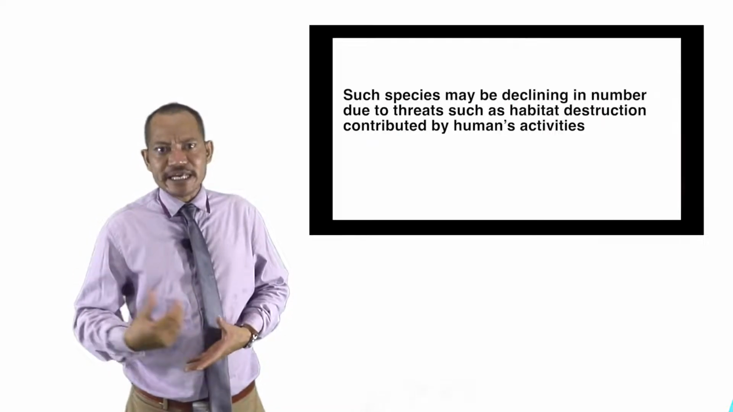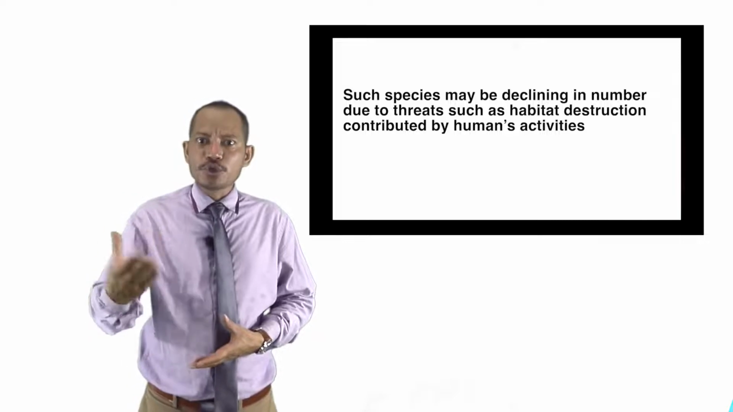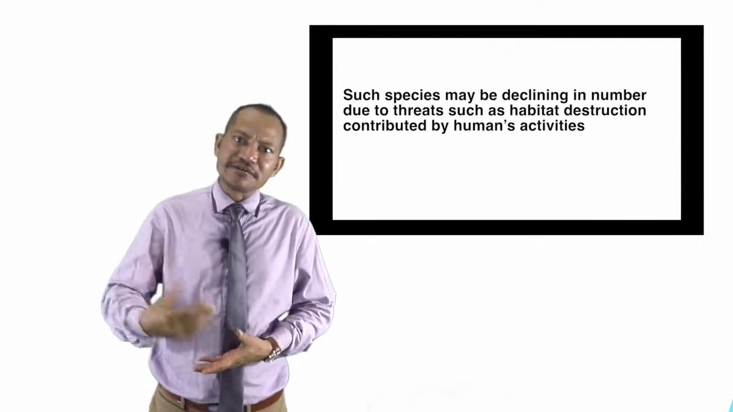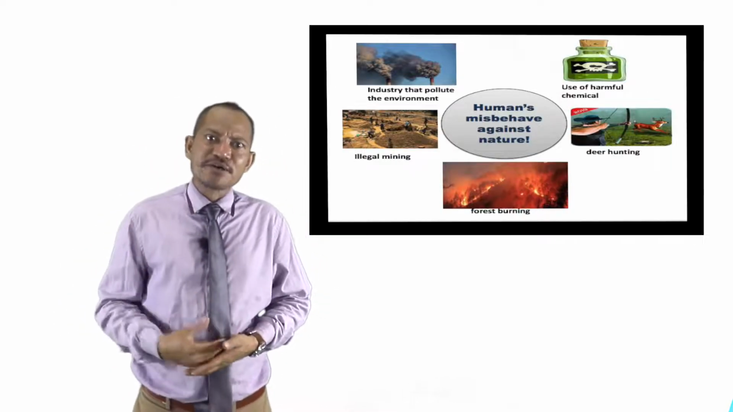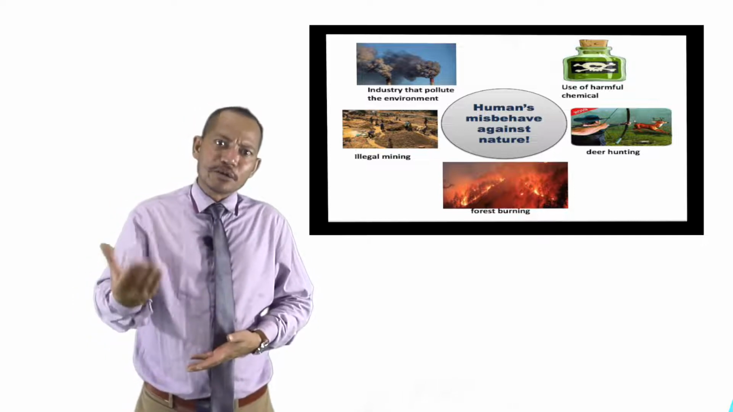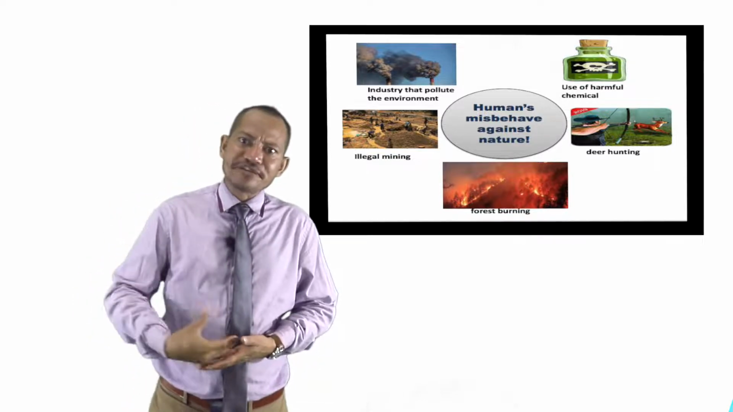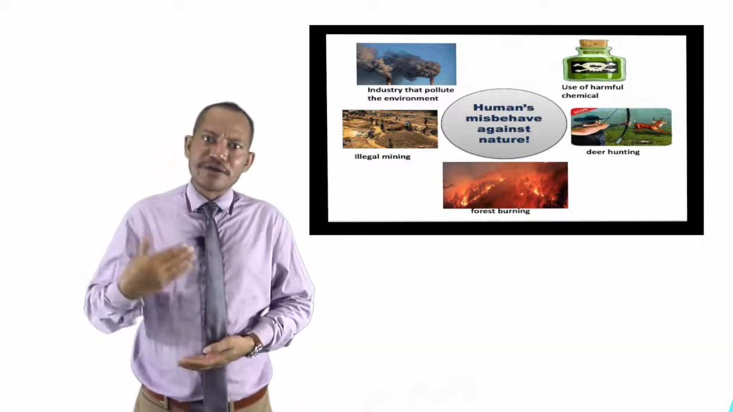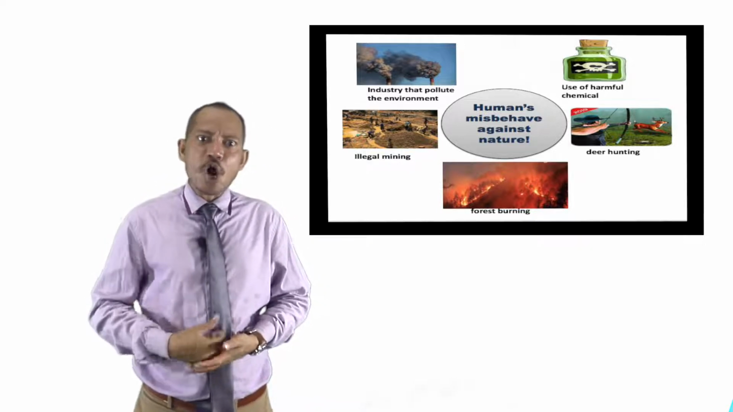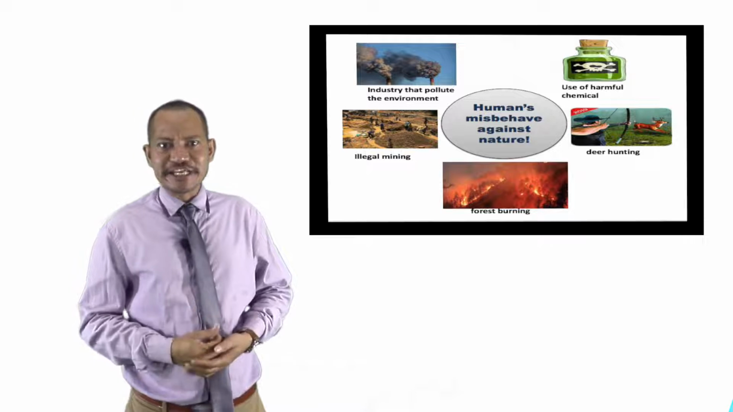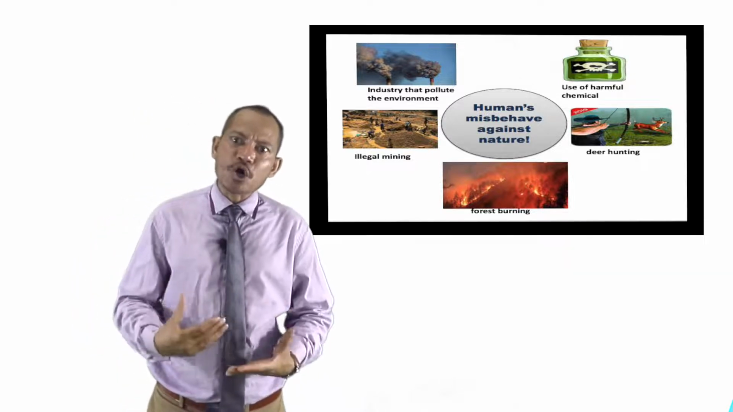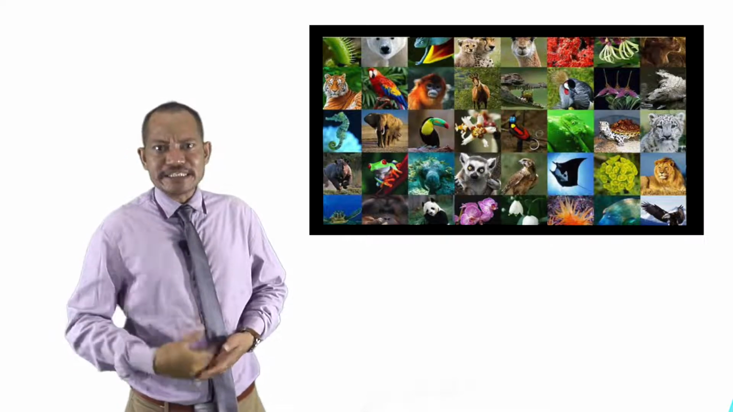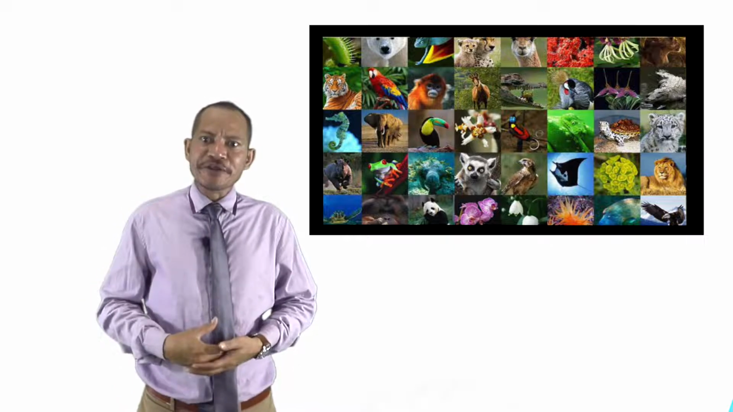Such species may be declining in number due to threats such as habitat destruction contributed by humans' activities, including deforestation for the agriculture sector, urbanization, as in massive development for housing and urban buildings, road constructions, the energy sector, renewable and coal, mining, and climate change, which is also known as the major cause for the loss of habitats to most species. The species or wild animals face these challenges